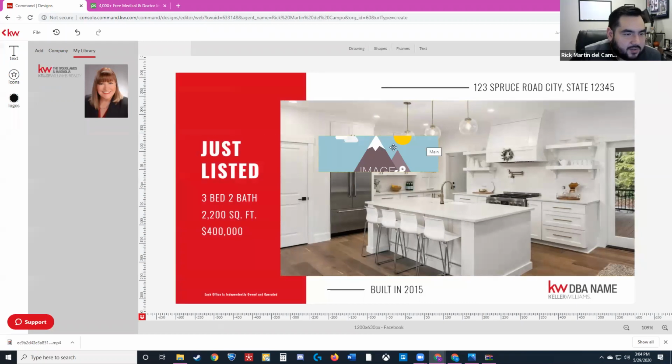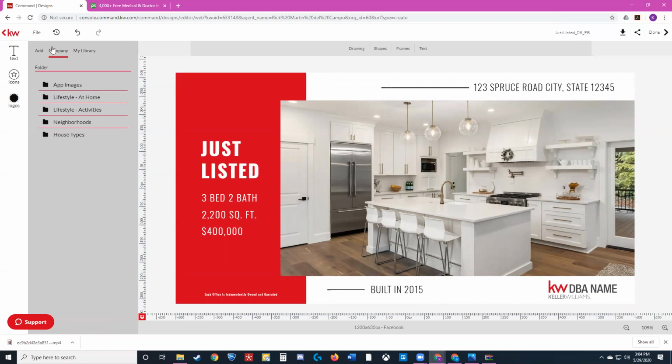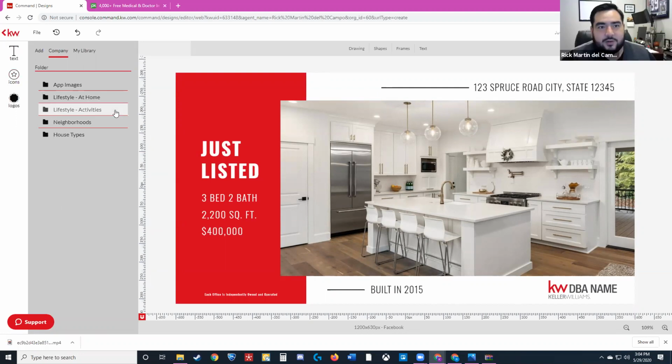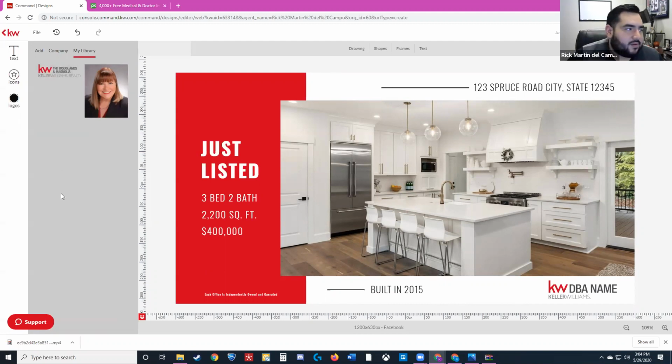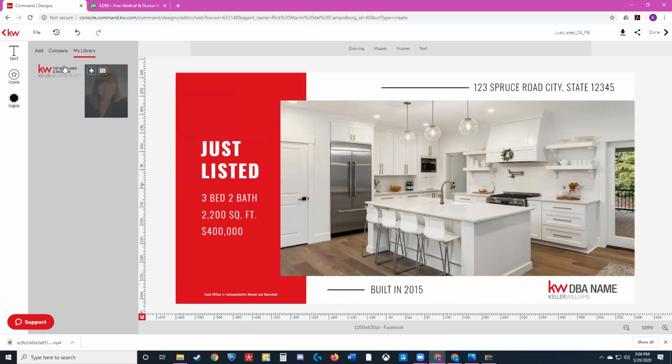The thing is that it used to be, and I hope they bring it back, down here at the bottom. That way you can edit it on the fly, and it's a lot easier and more user friendly. But once you upload the photo and the logo into your library, that's how you keep them there at all times, so you don't have to upload them constantly. That's a very good question. Okay, so it allows you to do, that's really weird.